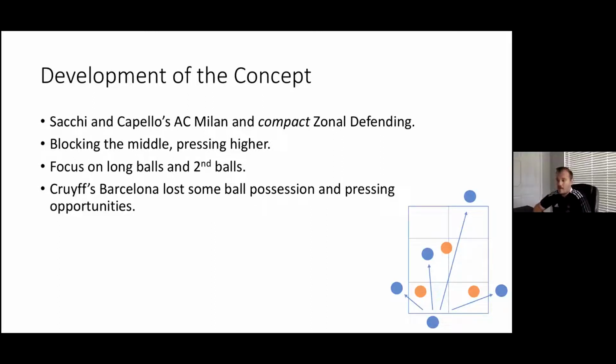So Milan, with this zonal marking and more direct style of play, was totally different for Barcelona, and Barcelona couldn't handle it. And they weren't prepared for this style of play, this more modern style of defending and attacking, where they now think, okay, our possession isn't really working so well against this zonal marking team. Our pressing isn't really working because they're just going long. How do we handle this? They ended up actually struggling and losing the 1994 final 4-0, right?